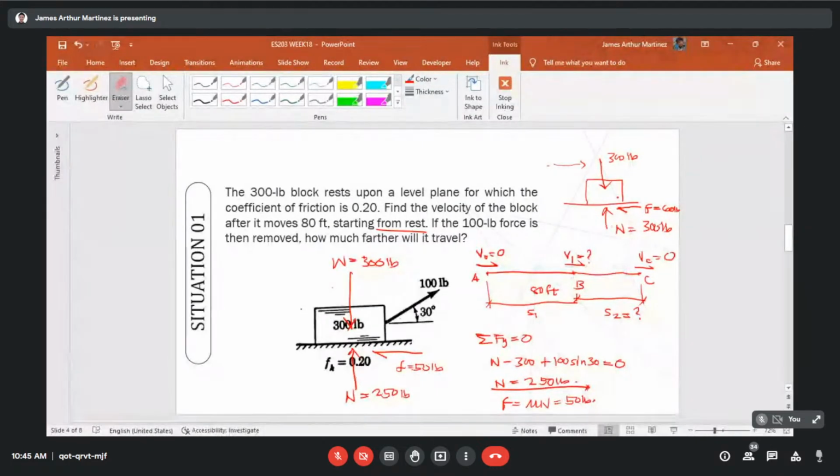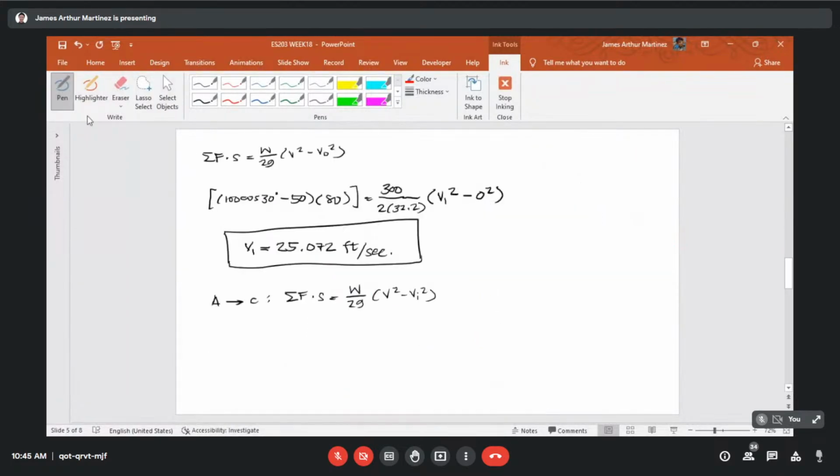Okay? So for the analysis from B to C, we will use this figure, or free body diagram, class. So applying the work and energy equation, we'll have,